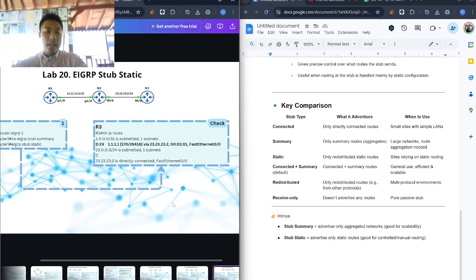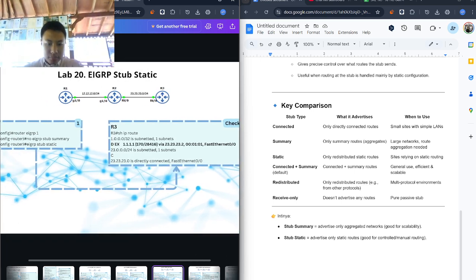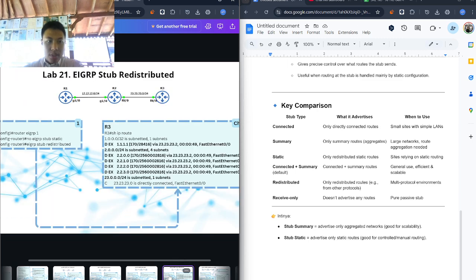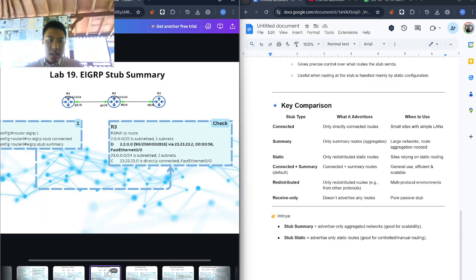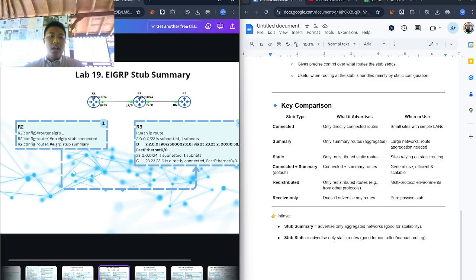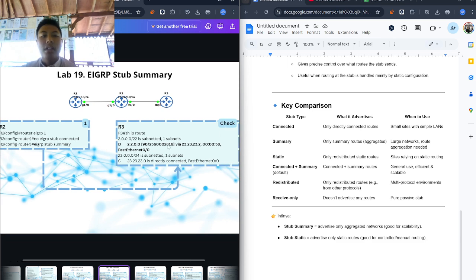So that's the summary. We go to the topology. Actually, the topology is very simple. It's not like before, maybe this is the continuation from before. On router 2, go into router EIGRP 1, and don't forget to remove the EIGRP stub connected with no, and change to EIGRP stub summary. And on router 3, do show ip route here.